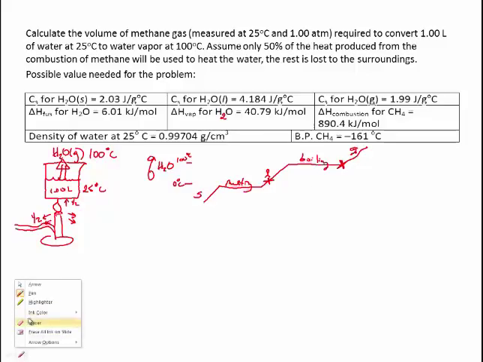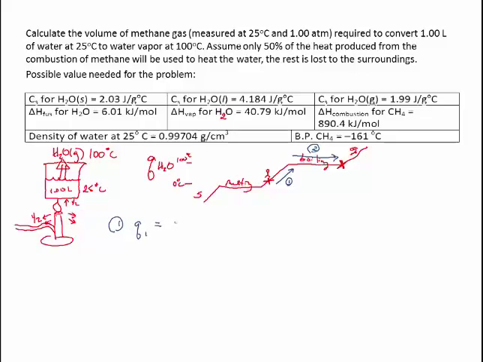So let's see here. Let's change the pen color and plan this journey. First of all, we're going to travel this leg of the journey. Okay? And that is heating it up. And then we're going to travel this leg of the journey. So let's do those two calculations. Number one is a change in temperature. So Q for this first step would be the mass of the water, which there's